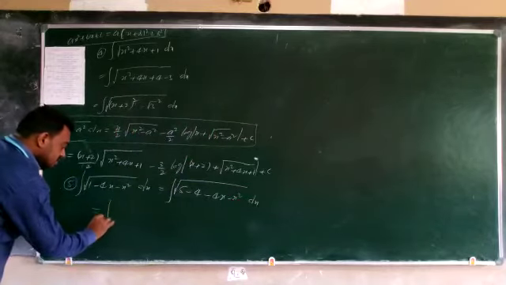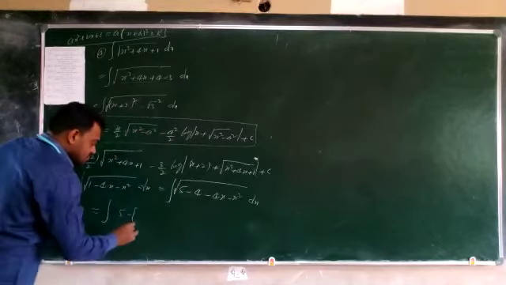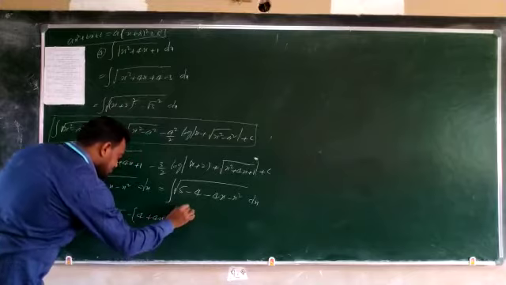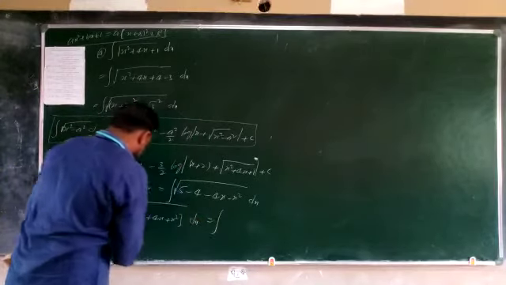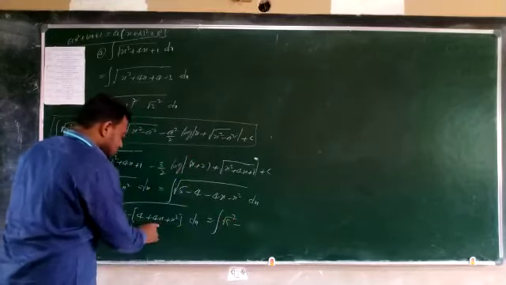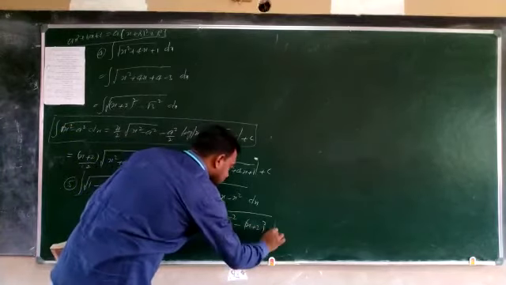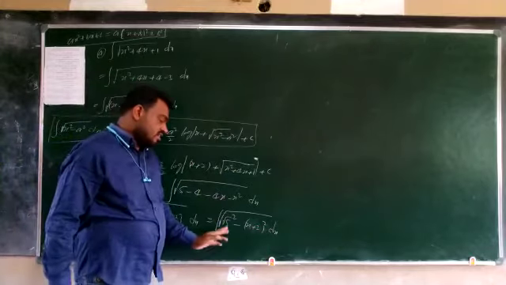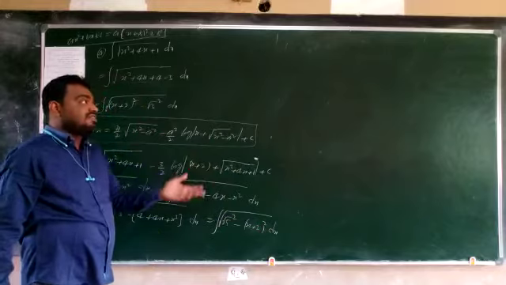So this is equal to the integration of 5 minus, taking the minus common from these terms. So what we are getting: 4 + 4x + x² under root dx. And this is equal to the integration of (√5)², I am writing, minus (x + 2)² under root dx. So it is in the form of the integration of square root of a² minus x².